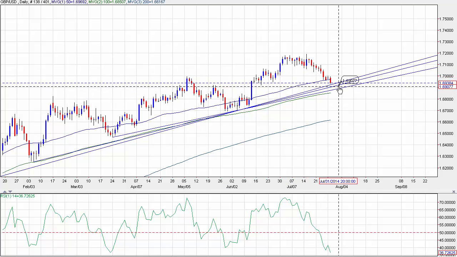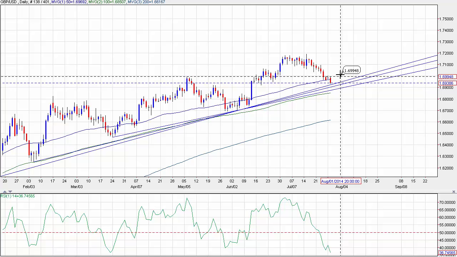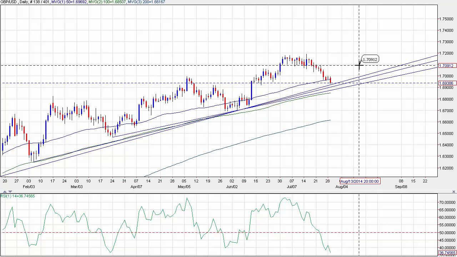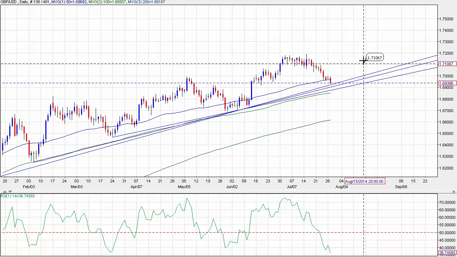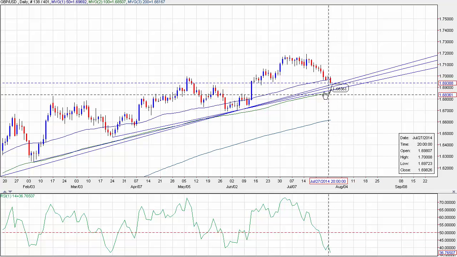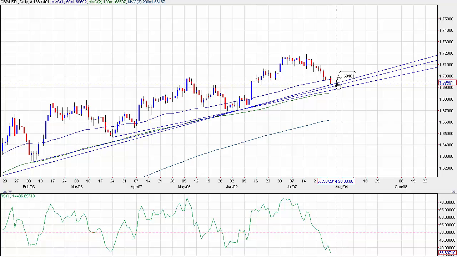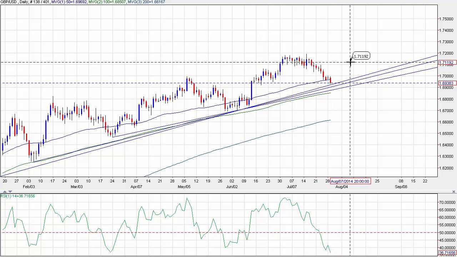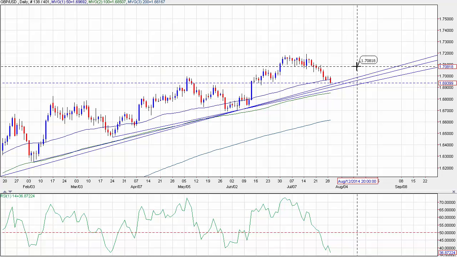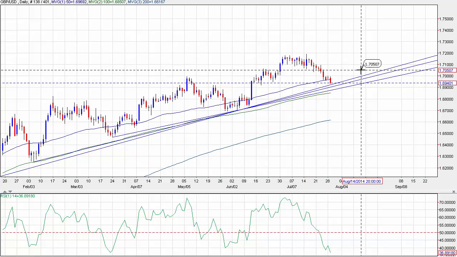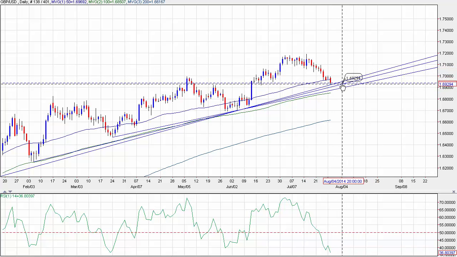However, if there is no break after tomorrow and after Friday's non-farm payroll report, then we can expect some consolidation and with upside towards 1.71. Now, if the market pushes above 1.71, we should be considering the bullish continuation scenario, especially since these trend lines have been intact. But if we get a bounce, market stalls at 1.71, given some elbow space, then we can say this price top is still in and the market is still in consolidation, and we still can see another challenge of this 1.69 area.